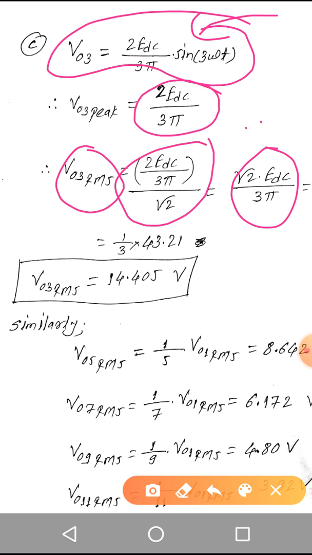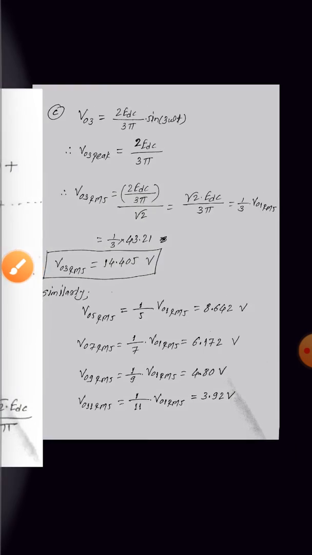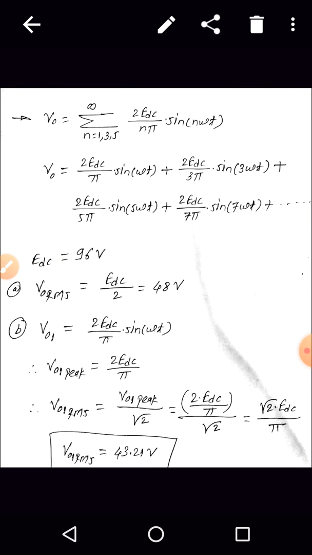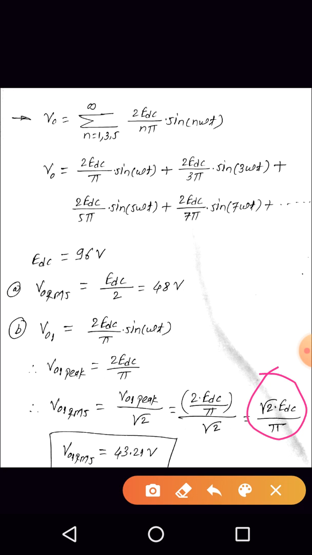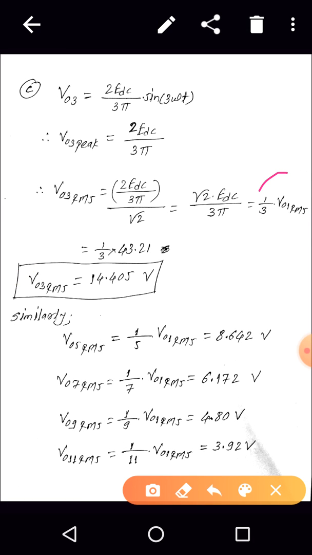But what is the V01 RMS? It is root 2 EDC by pi. Here we are having V01 RMS, yes, it is root 2 EDC by pi, right? So from this can we write V03 RMS is equal to 1 by 3 into V01 RMS? Yes, so therefore V03 RMS is equal to, after putting the values we will be getting 14.405 volt,